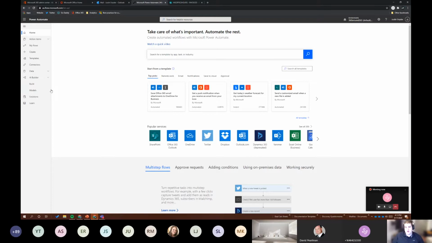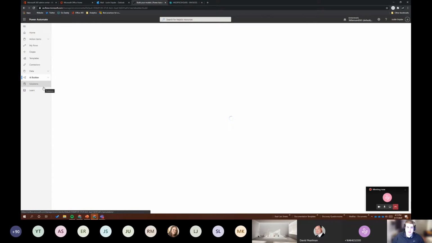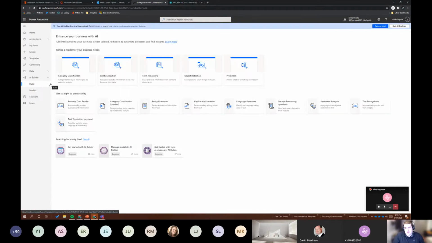And there's two sections under that. These sections are pretty similar and simple when we talk about what you can do. On the build section, you'll see a lot of what I was showing in the presentation. It's not really clear in this interface what is a custom model and what is a pre-built model, but overall you can see